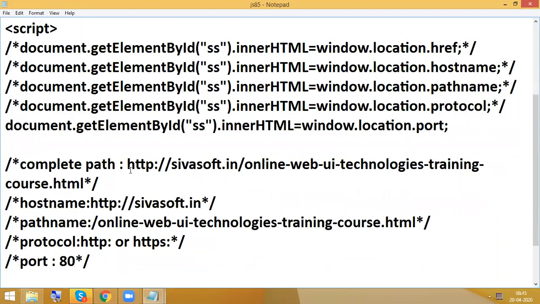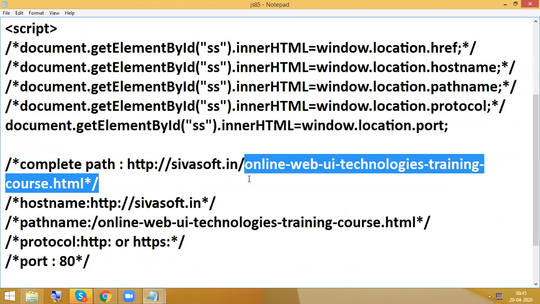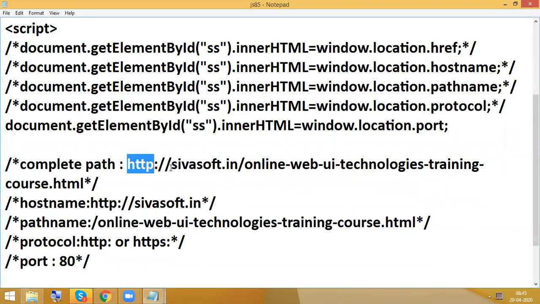Suppose you consider a path like this: host name is sivasoft.me, path name is from Online Web UI Technologies, and the protocol means HTTP, HTTPS. HTTPS means it has security. Mostly, whenever we have any payment, credit card information, e-commerce websites, there they will have HTTPS. Whenever you are purchasing any products, you need to check whether it is secured or not. Sivasoft is just an application website, but e-commerce sites accept payments, so they need security. Port number means most of the servers